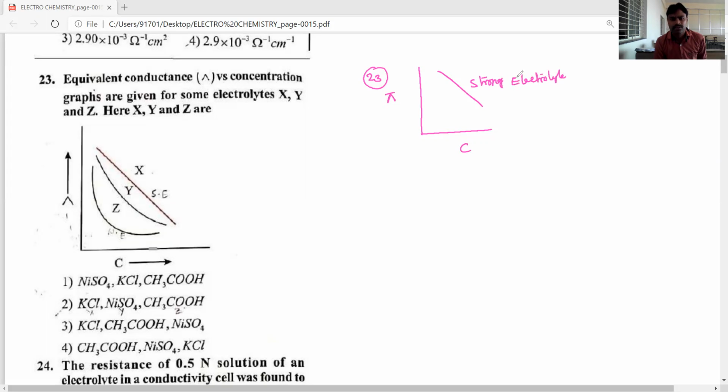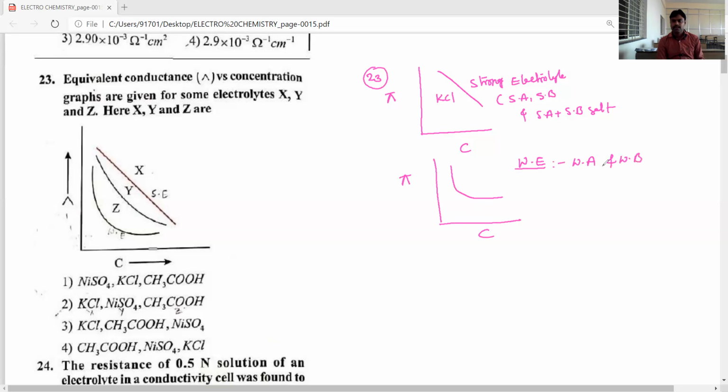So what are the strong electrolytes? Strong electrolytes are nothing but strong acids, strong bases, and salts of strong acid plus strong base. Here, among these, the salt is KCl, potassium chloride. In the same way, let's see the equivalent conductance or molar conductance with respect to concentration for weak electrolytes. For weak electrolytes, it comes as a curve. Slowly it comes like a curve. Weak electrolytes are nothing but weak acids, weak bases, and their salts. Among these, the weak acid they gave is acetic acid,